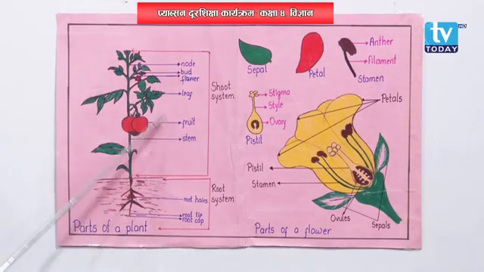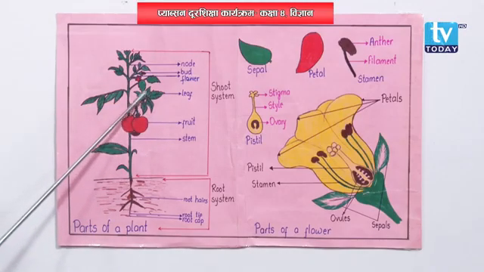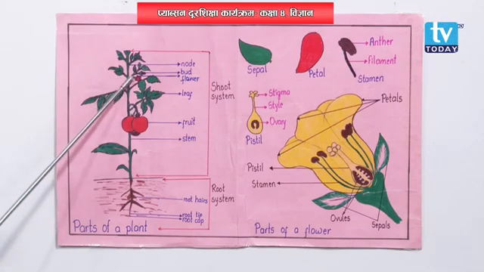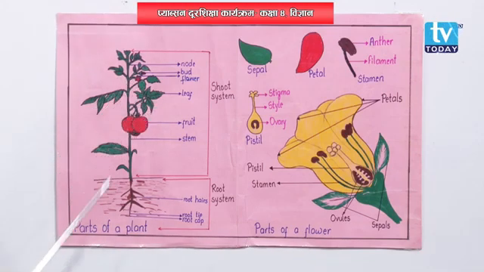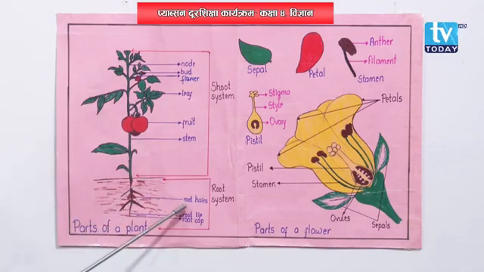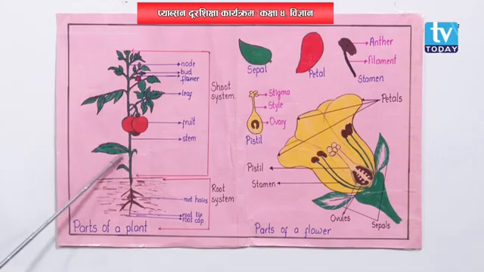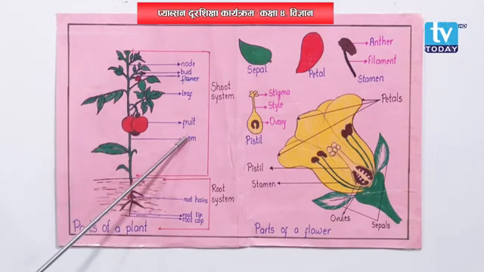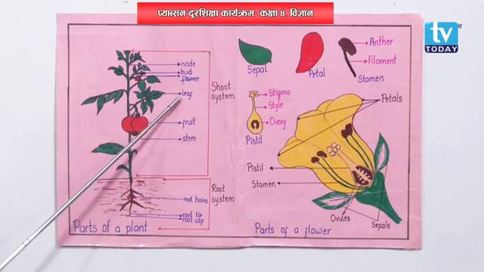It also bears many structures. See, leaves are also arising from the stem only, and many branches, leaves, fruits arise from the stem only. That is, stem gives rise to other parts of a plant as well. And also, the water and minerals that are absorbed by the root are transported to different parts of the plant with the help of stem only.